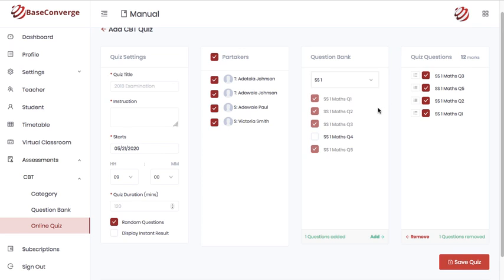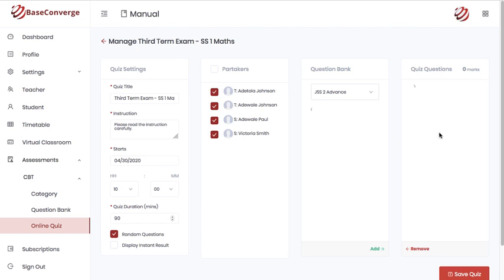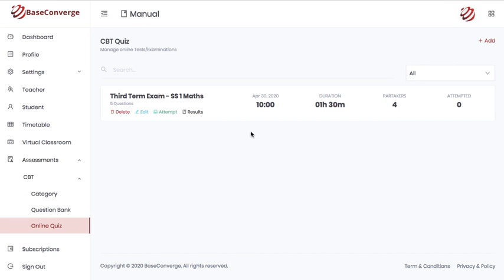So that is that. Once you are done, you just need to hit save quiz. Once you hit save quiz, it is added here, right? You can edit at any point in time by clicking on the edit button. You can change this, remove questions, add questions, change the time, change the duration, change all sorts of things before the exam gets started, right? So now let us look at how you